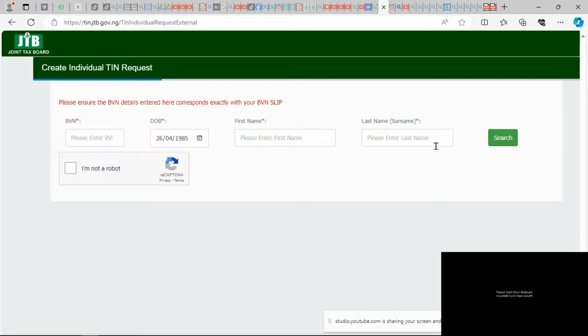By the time you are done, just before you go to search, click on this box here. Be sure that it ticks before you continue. Now that's for individual.